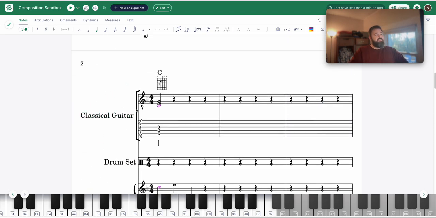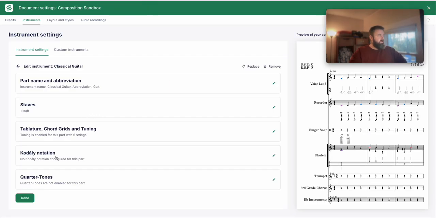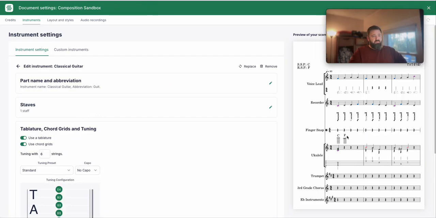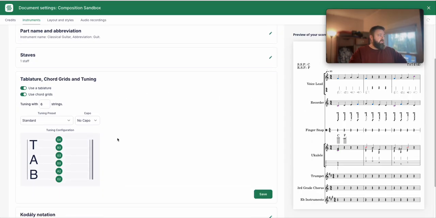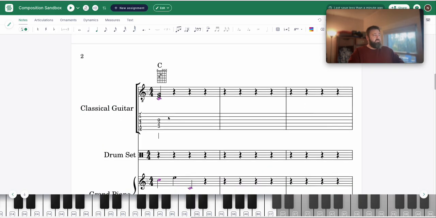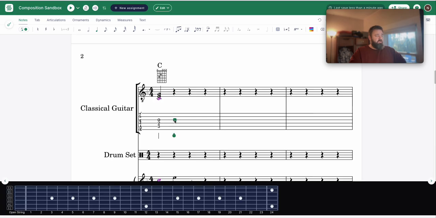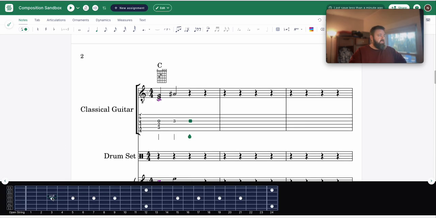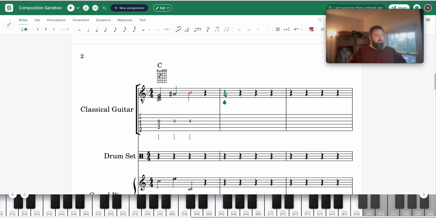In guitar, you have a very similar thing. When you turn on your chord grids, it will allow you to have chord grids appear above the notes. But along with that, you also can use the tablature to enter notes as it is. So if I want to have this specific note, I can press it using the keyboard or the fretboard. And if I enter a note here, it will also generate tab for it. It will even generate rhythmic tab. So if I want to show off that these are going to be eighth notes, it will add the tails